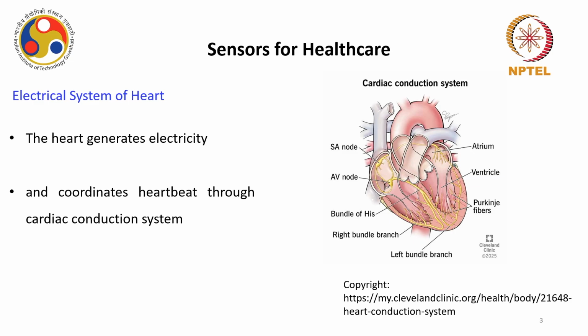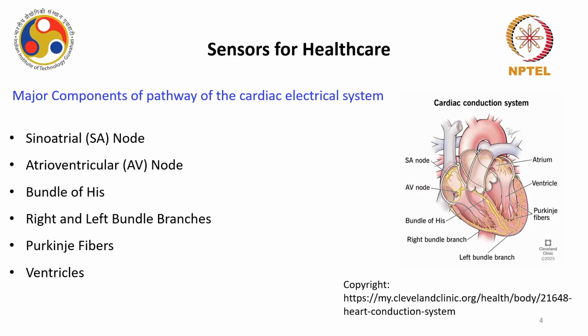Okay. So before we actually discuss the ECG, we have to understand the electrical system of the heart. We all know that the heart generates electricity, and it also coordinates the heartbeat through the cardiac conduction system. So let's try to understand the major components or pathways of electrical conductivity in the cardiac system. The major components of the pathway of the cardiac electrical system are the sinoatrial node, SA node, from which the electric pulse starts. The next is the